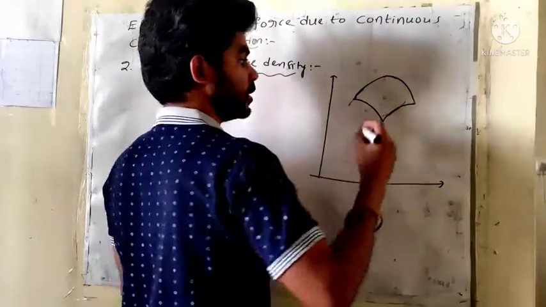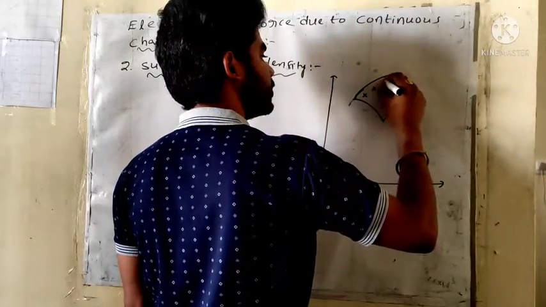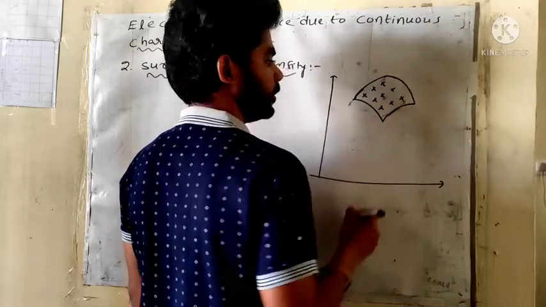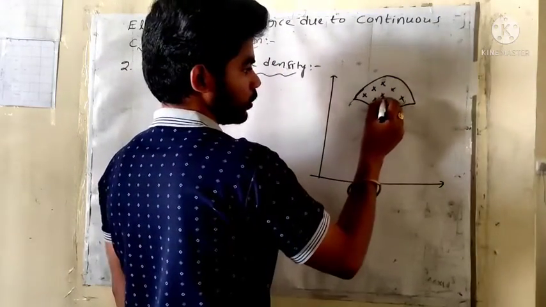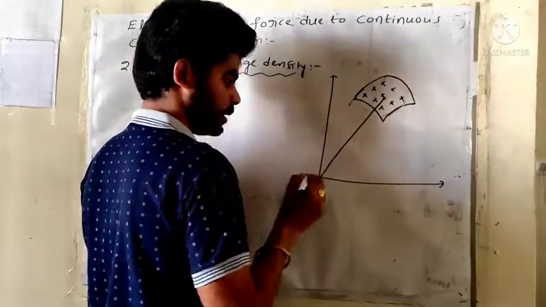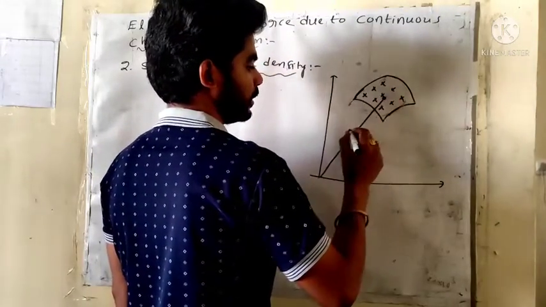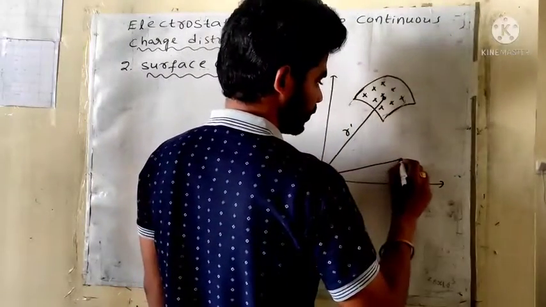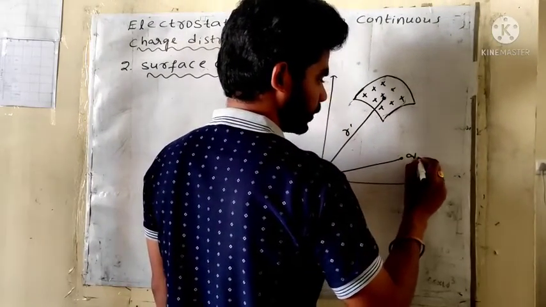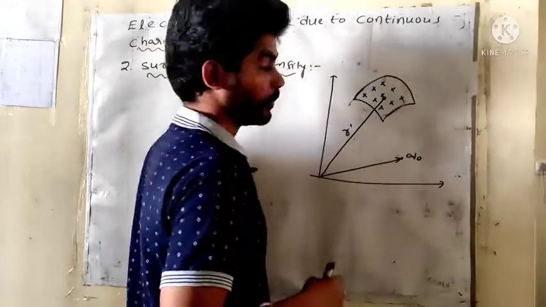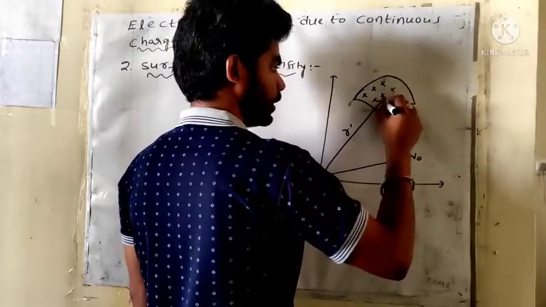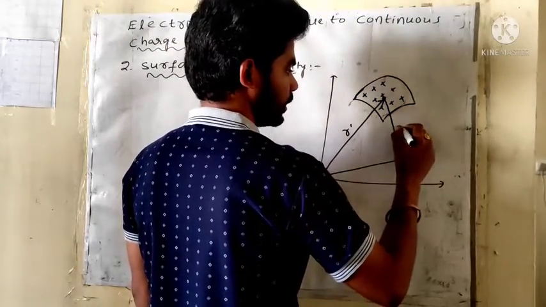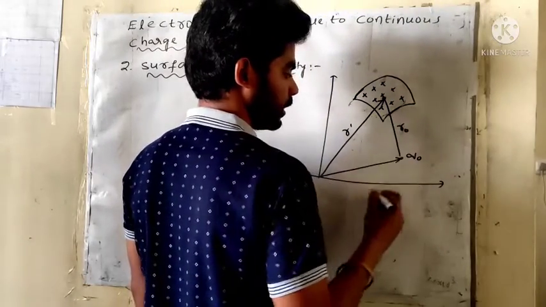Okay, now this is a plane. In this plane, charge is distributed like this; I am taking total positive charge only. Here, I am taking one point charge. Let us consider this is r dash. Again, as before, we take a test charge q naught. From here to here, the second position vector, let us consider r naught.